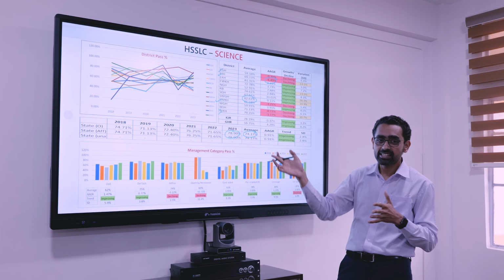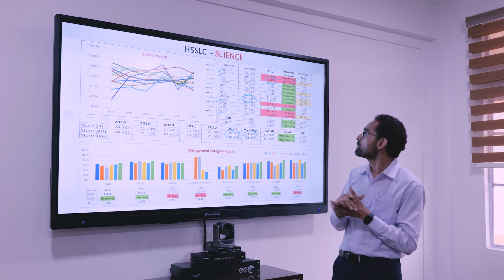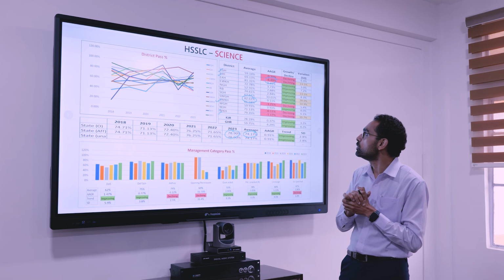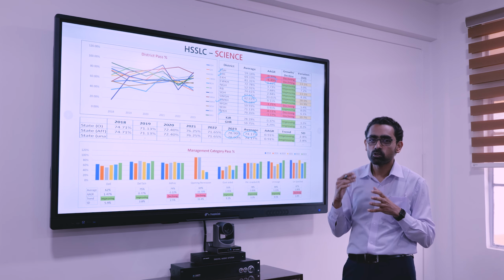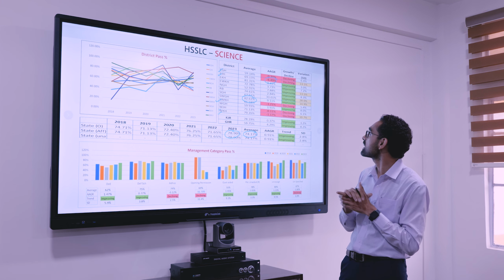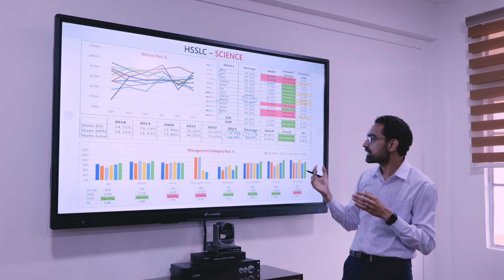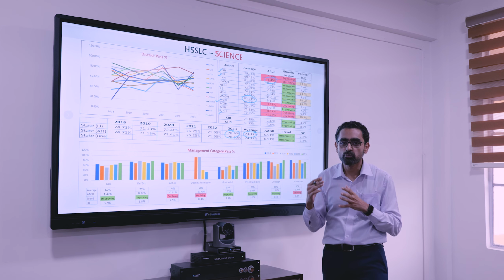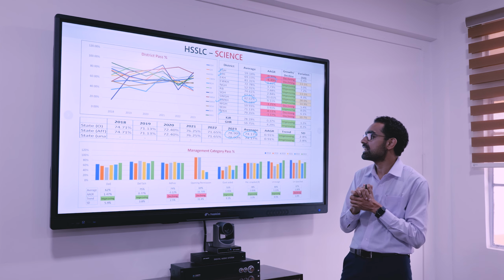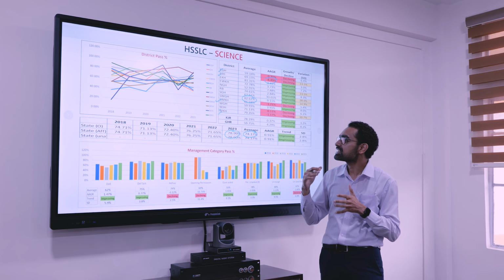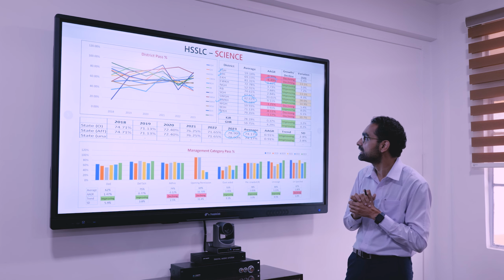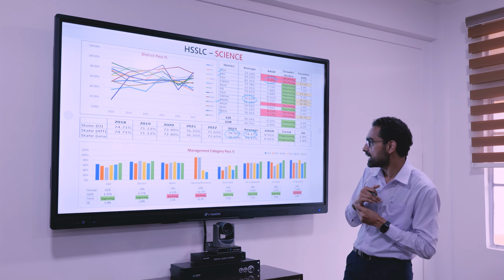So in SSLC also, this pattern is being seen. So we need to look deeper into this and figure out why things are going like this, because every time we should see some kind of improvement. So this is what this analysis is all about, and hopefully next year we'll see fewer red flags here. And when we go to the